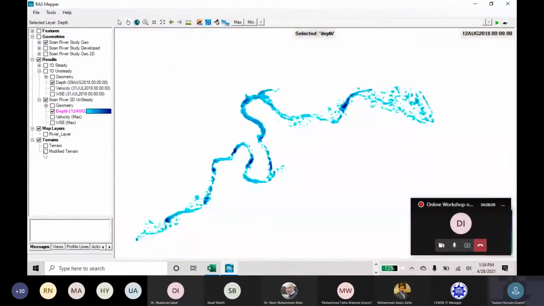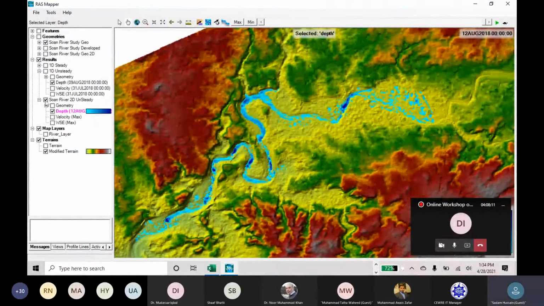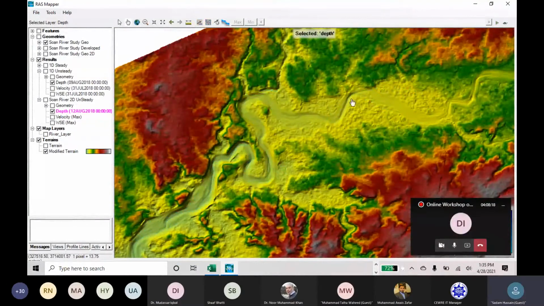In case we modify the terrain data, because in the modification we have the actual cross section survey, which is the actual representation of the cross section depth and height, it can show each and every drop of the water you have computed through your cross section survey. So this is the purpose of the modification of the DEM to use in 2D modeling.